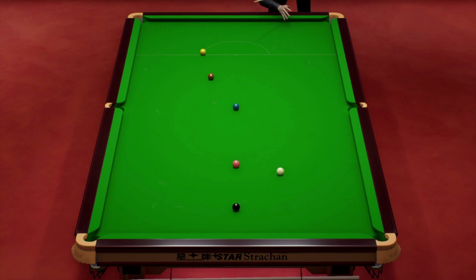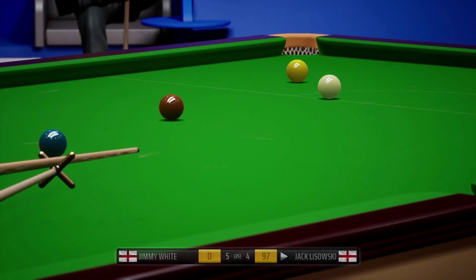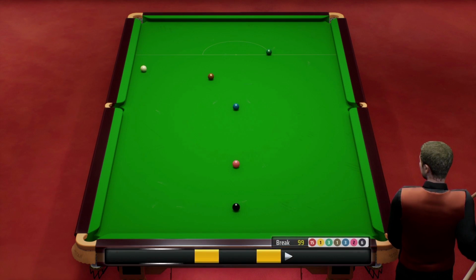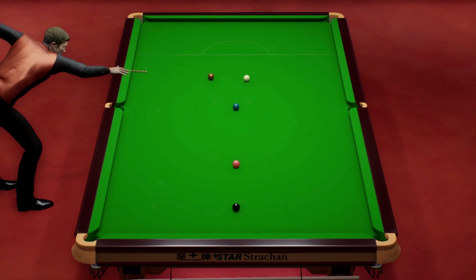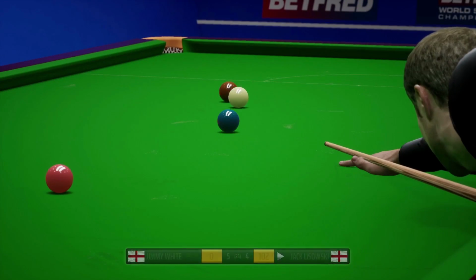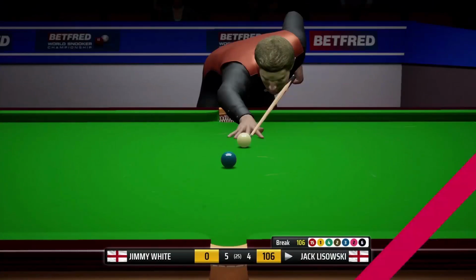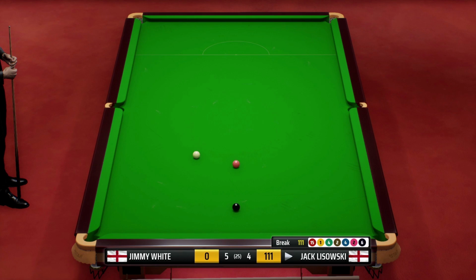Brilliant. And, oh, simply what a brilliant shot that is. This has been amazing. 97. So yellow and green for the century. 99. Well, fantastic, a ton, a century, brilliant for Jack Lazowski. 102. What a fabulous break it's been. He's not had the cue ball under great control, but he's potted some outstanding balls, 106, 111, and